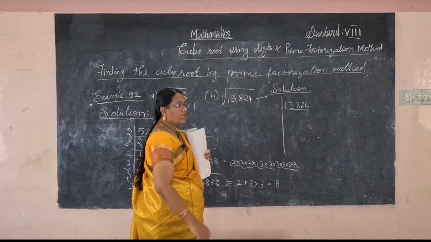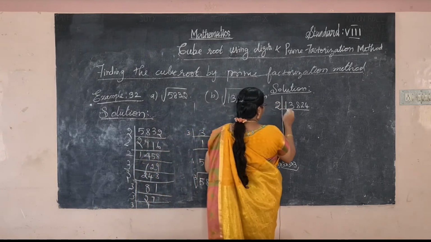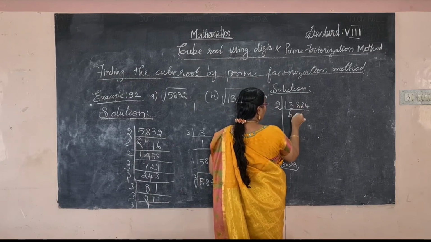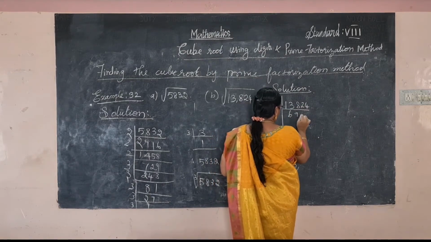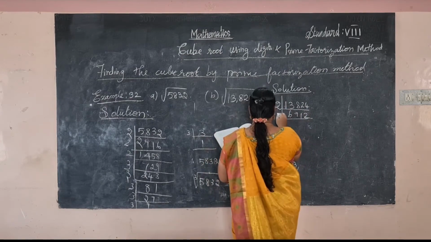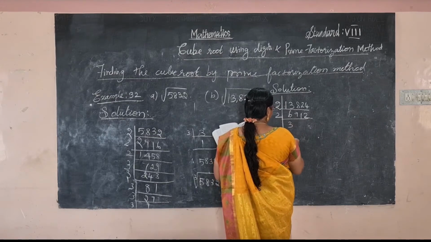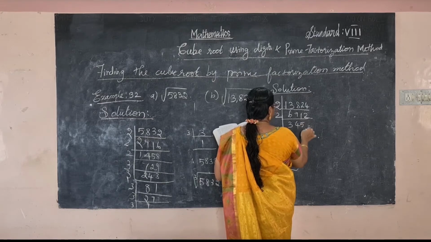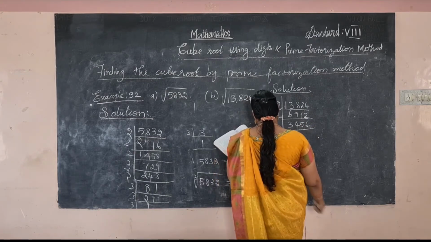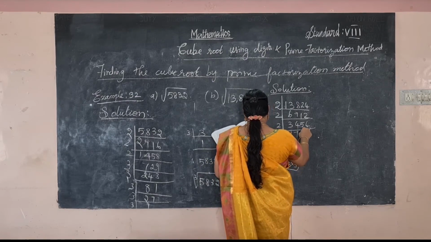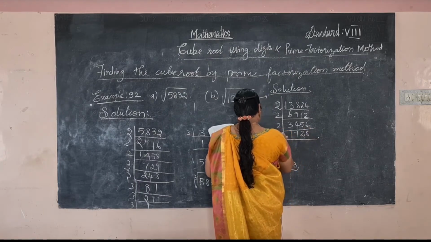13,824. So start from the 2. How many times is it possible? 2 sixes are 12, remaining 1 2 9s are 18, 2 1s are, and then 2 2s are, and again 2 table, 2 3s are 6, 2 4s are 8, 2 5s are 10, 2 6s are 12, again 2 table, 2 1s are 7s are 14, 2 2s are 4, 16 8, again 2 table,